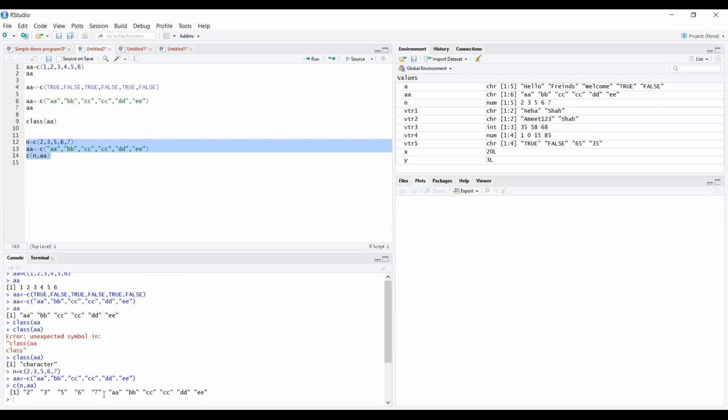So it means that whenever you pass any values, even integer values, it is still considered as a character value. You should understand that whenever you pass any value, either integer, logical, character or boolean, whatever it may be, it will be considered a string only. So make it clear.